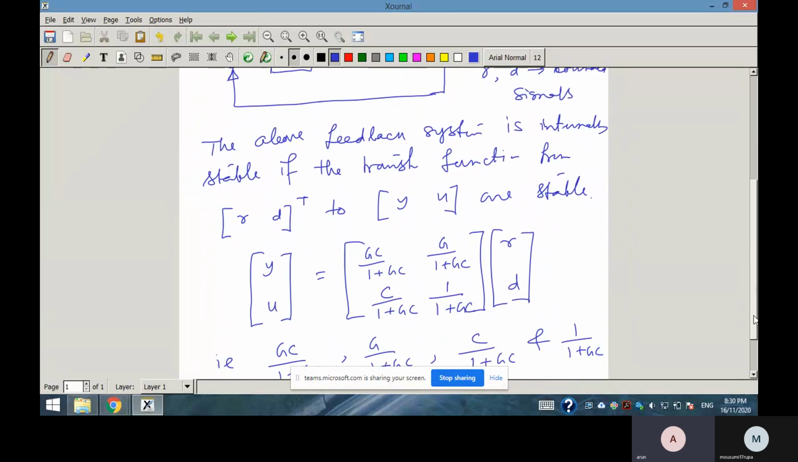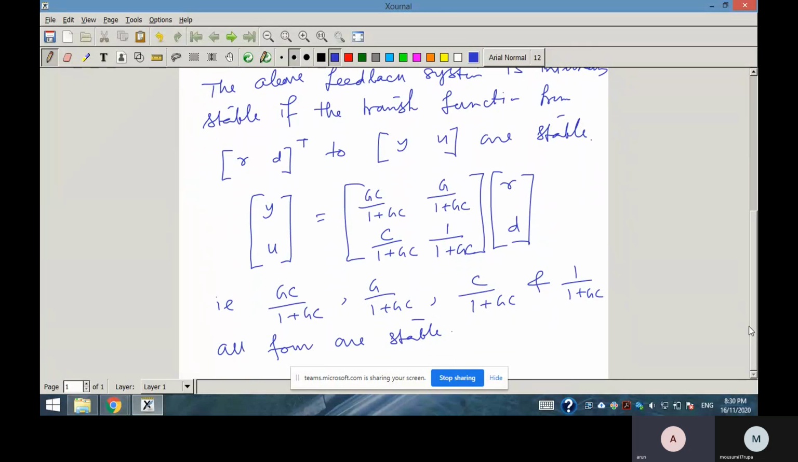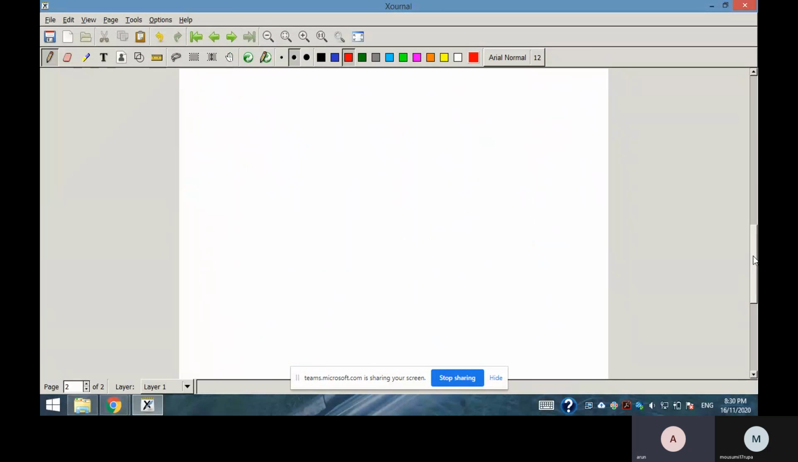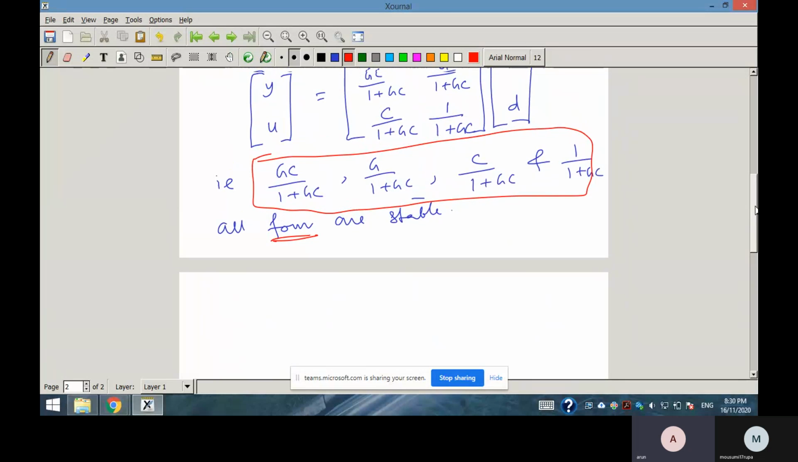So this is a very important result. All four transfer functions must be stable. So what does this mean, and how to check? Individually, suppose you have designed one controller, you will check whether these are stable. But you need not check individually. One result is there that